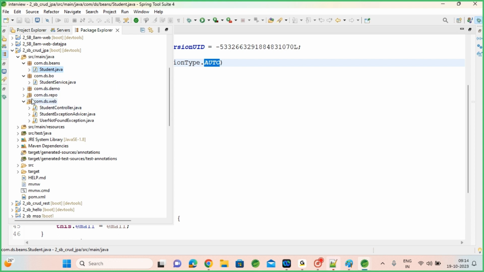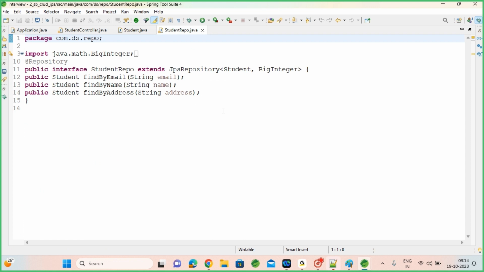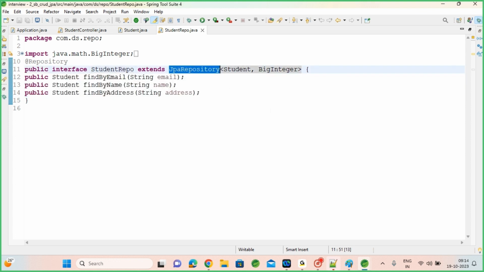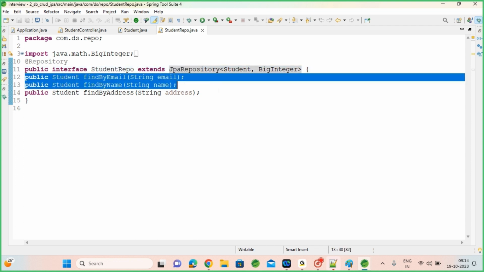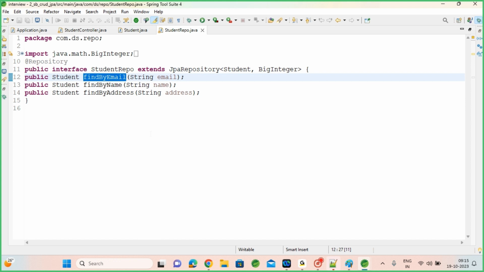And for that one we need to create a repository, student repository. No implementation required, just implement your repository. I mean, this is also an interface, right? Extend from another interface called JpaRepository. These all are custom methods. Again, findById by default it will provide. Apart from findById, if you want custom methods, you can write them here